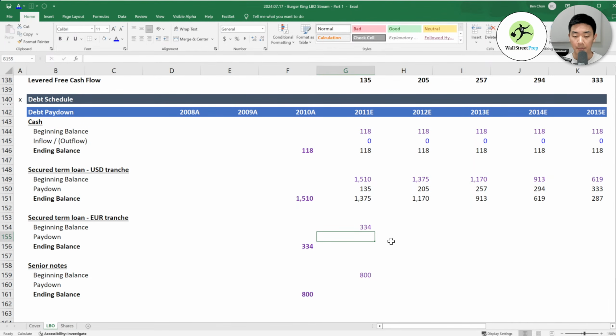Oh, right. So either this or the cash you have minus your pay down.